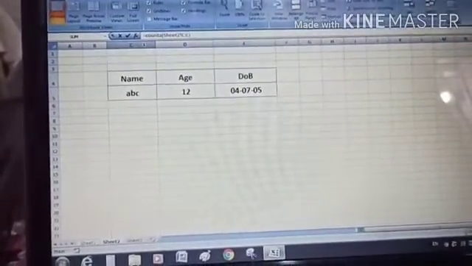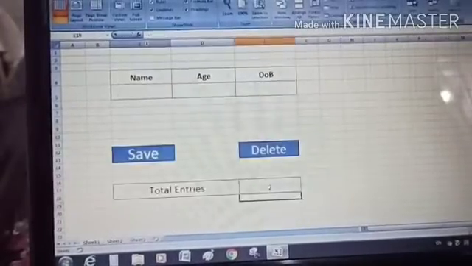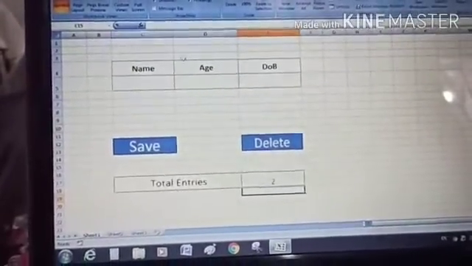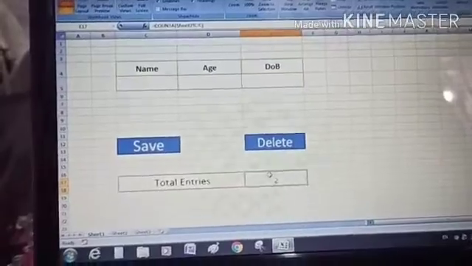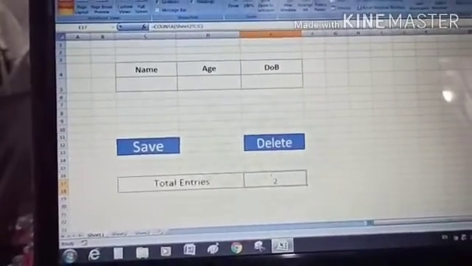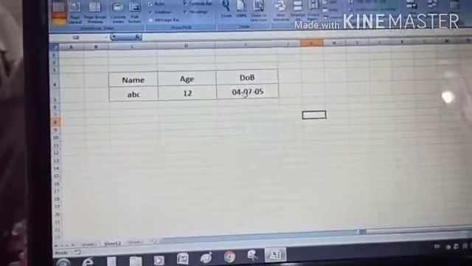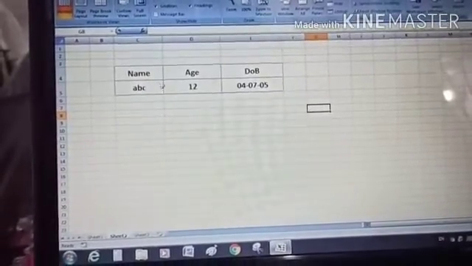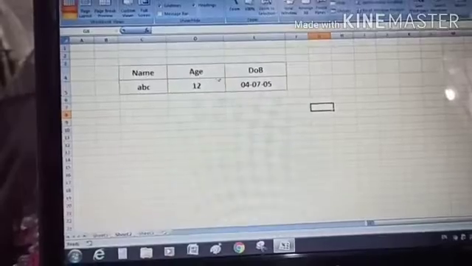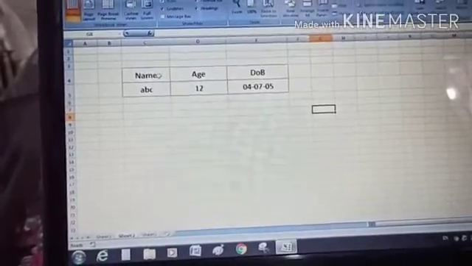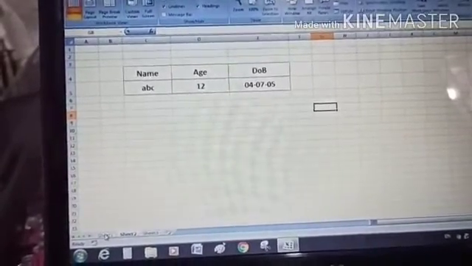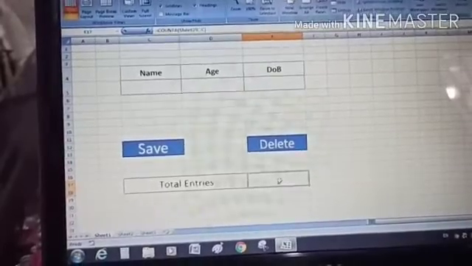Close the bracket and enter. So here you can see it is displaying 2 entries. But you can see on the sheet number 2 there is only one entry. So it is also taking these headings as an entry. That's why it is showing here 2 entries.